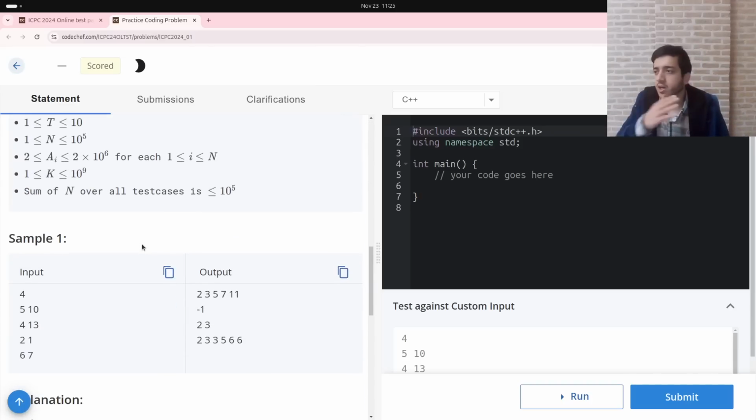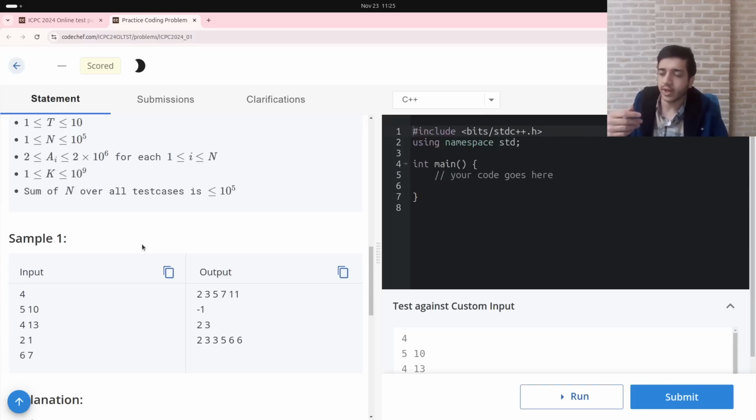So first I fill the array with 1, and the score is equal to n times n minus 1 divided by 2, which is the maximum. Then I start to decrease it. How do I decrease it? I add 2 and then 3 and then